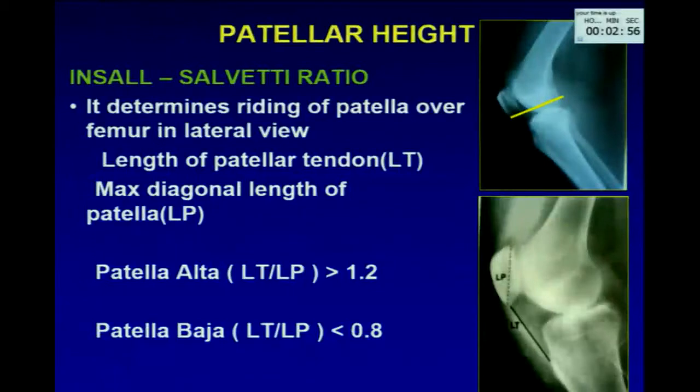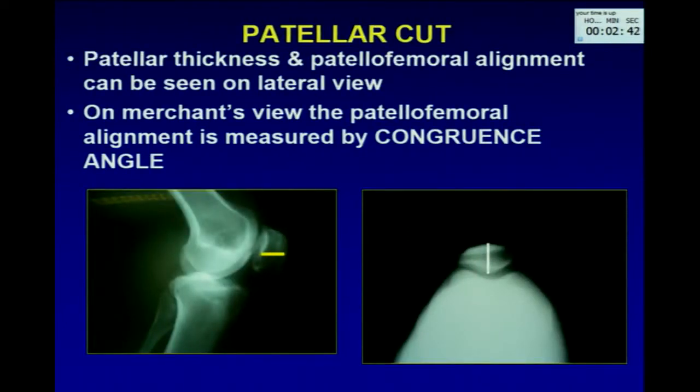For patella height, you may deal with a patient having a high patella or a low patella, and that will help you in planning your surgery regarding the exposure, because sometimes in a contracted or deformed knee, the patella goes quite high up, so you have to go for a quadriceps snip approach or sometimes an extensile approach to expose those knees. For the patella cut, in the lateral view and in the skyline view, you can measure the thickness of the patella. You can plan your patella cut also, and you can judge on the Merchant view the congruence or alignment of the patellofemoral joint,